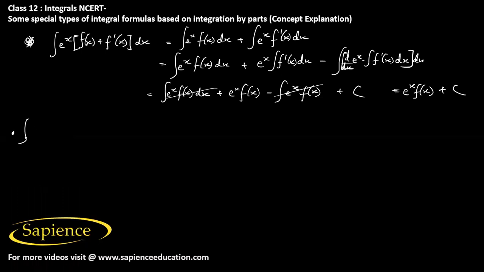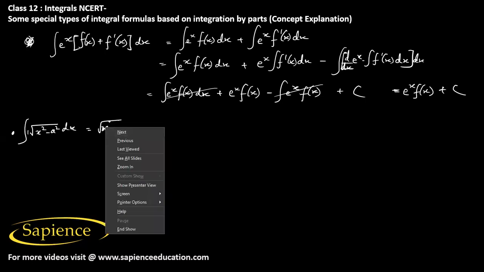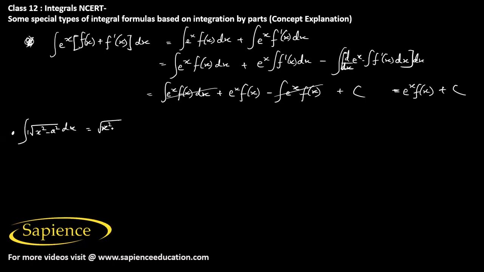Suppose it is asked to find the integral square root of x square minus a square dx. So then here we have to take 1 as the second function and this root x square minus a square as the first function. So this will be equal to square root of x square minus a square into integral dx, then minus integral d by dx of square root of x square minus a square